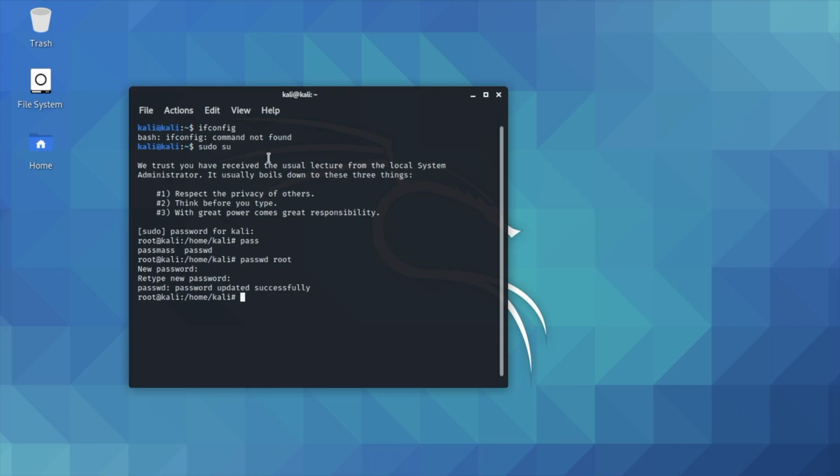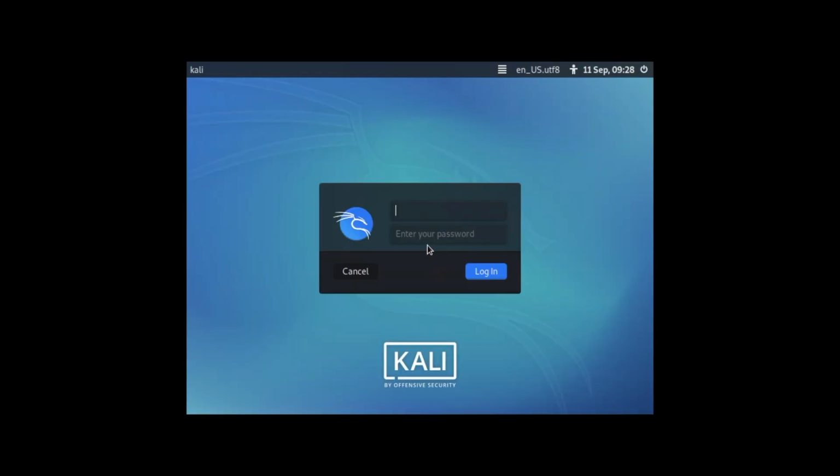Let us check whether I am able to log in and run privileged commands or not. So I'll reboot it again. Type here user as root and the password that you have set for root, and enter.